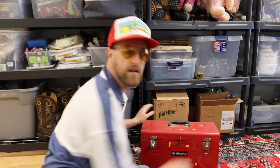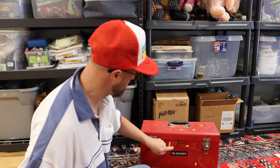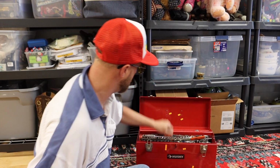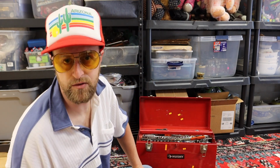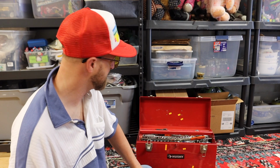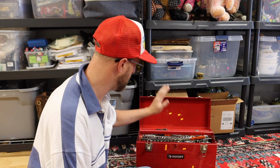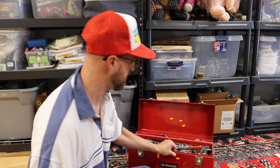All right, we're back. This is a Husky Toolbox. And they have 1, 2, 3, 4, 5, 6, 7 on the outside here, 7, 8, 9, 10. They wanted to make sure that everyone knew it was $80. Someone got real happy with the labeler there. But here we go. The first thing I saw when I opened this was that there were tons